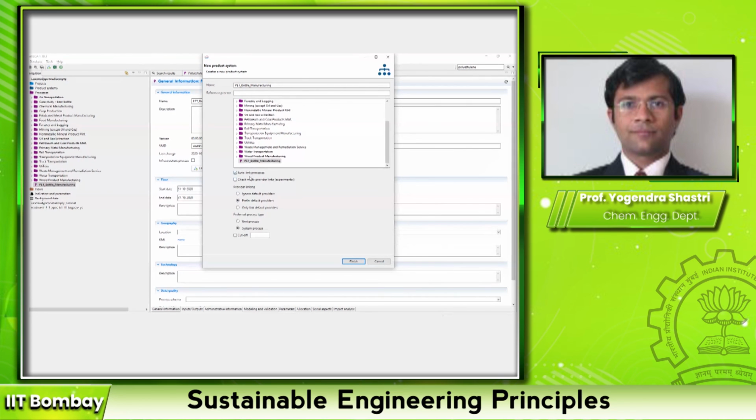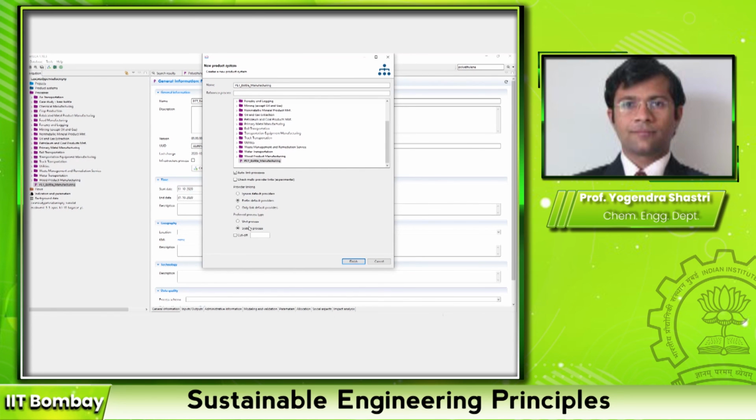If you are letting OpenLCA do the auto linking, then you also have to give some additional information, whether you would like to select default providers or ignore default providers. These are some advanced options that I don't want to discuss too much in this session, since all of you are doing this for the first time.